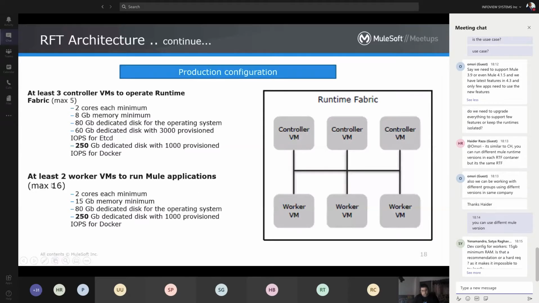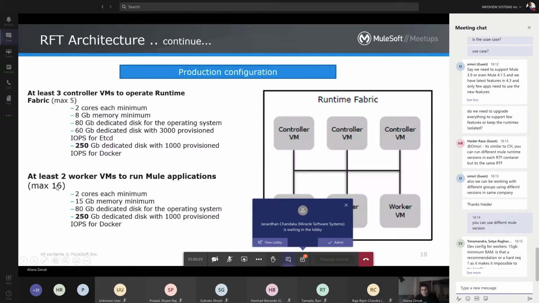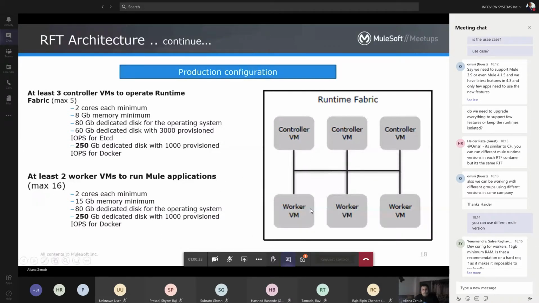Here you can see the max is 25. We have seen that we are deploying more than 20 services and applications and the platform works completely fine.